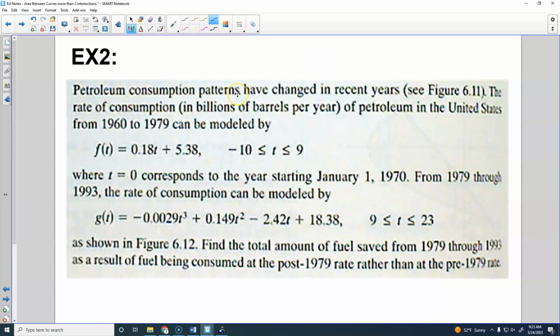So petroleum consumption patterns have changed in recent years. The rate of consumption in billions of barrels per year of petroleum in the United States from 1960 to 79 is modeled by this equation. This is your rate right here. And then from 79 through 93, the rate of consumption is modeled by this cubic function. So if we want to find the total amount of fuel saved,